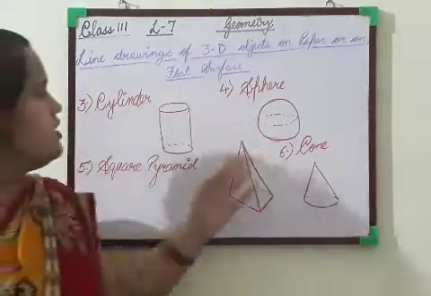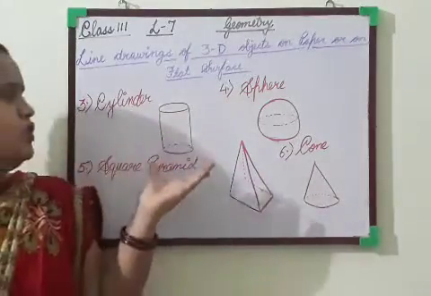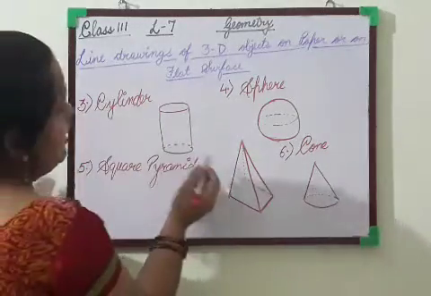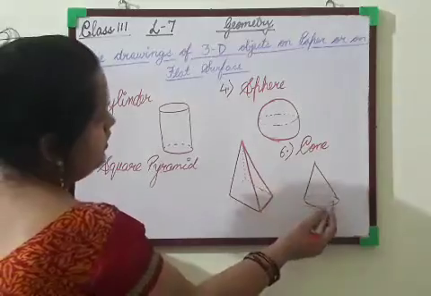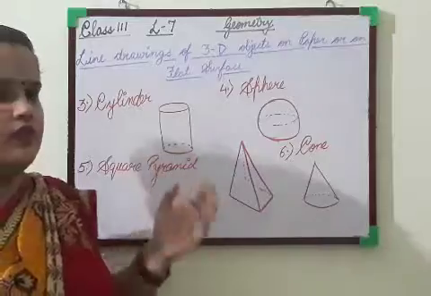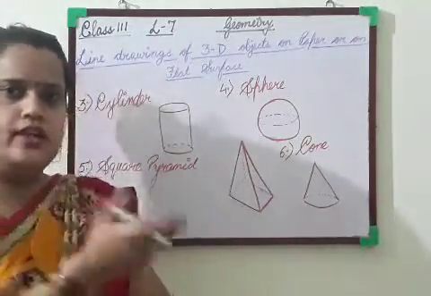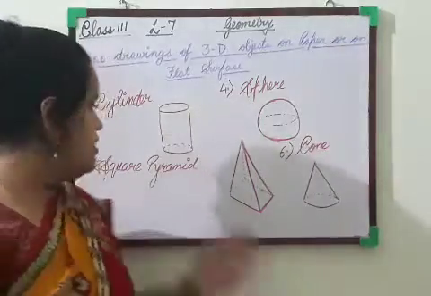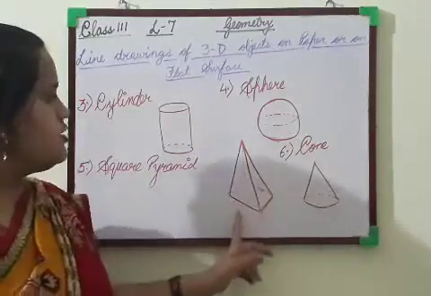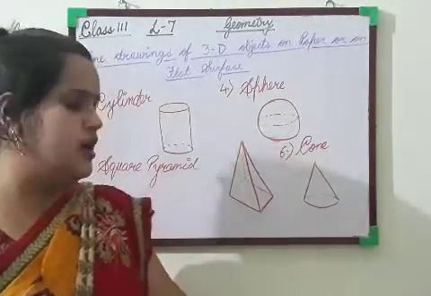Means what we have learned just now, all the 2D objects, whenever the height is given to these 2D objects, they are transformed into 3D objects. Okay, and these dotted lines, see over here also, all the figures are of the shapes of two-dimensional figures. Cube is made from the square. Cuboid has been made from the rectangle. Similarly, cylinder, circle, sphere, it is also a version of circle. Square pyramid, square when it has got the height. Cone, again circle, when we have given the height, it has become the three-dimensional figure.